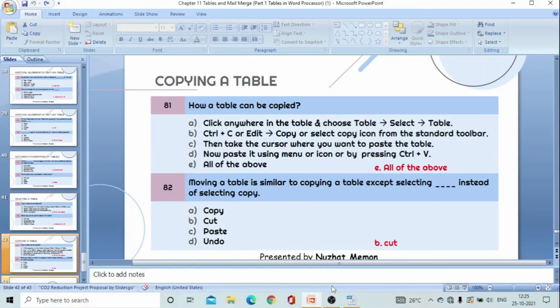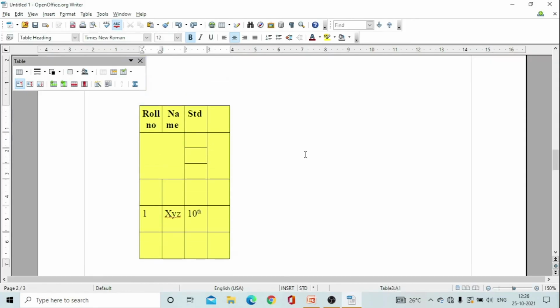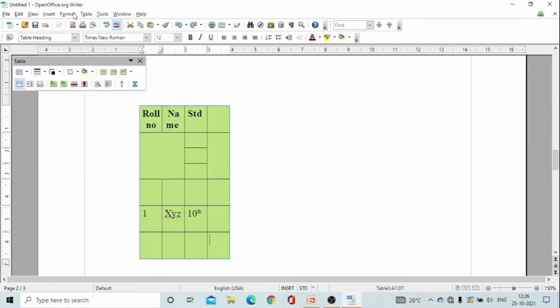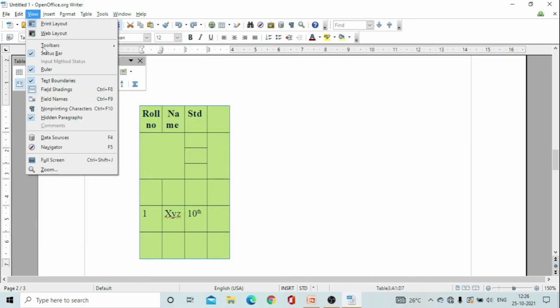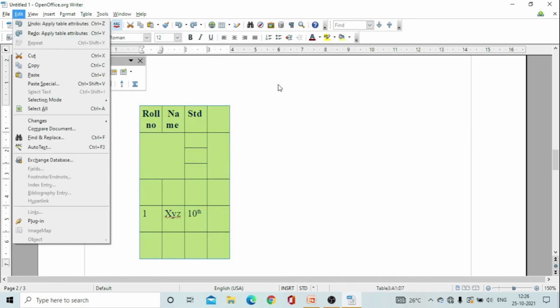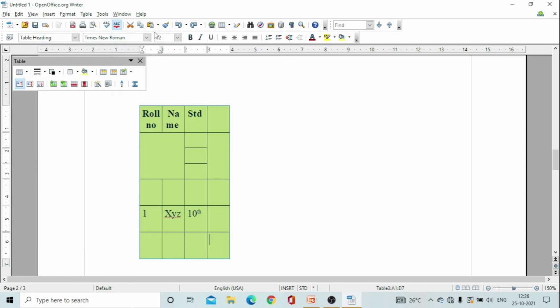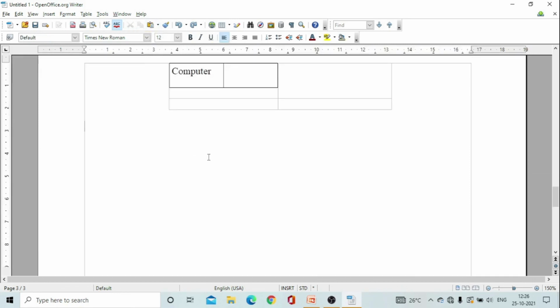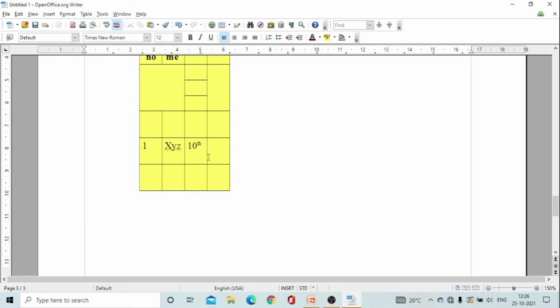So we will do the simplest method. Alright, so we will copy this table. So how to copy this table? First of all, select. Either you can select by this or you can go in table menu. Then you can go for select table. Then you can go for either edit menu and from here you can copy, or you can go for shortcut key, or there is an icon here also which allows you to copy. So I'll go for shortcut key, that is Ctrl+C. Now I will take the cursor where I want to paste it. Here, for example, I want to paste it here. So yes, our table has been copied successfully.